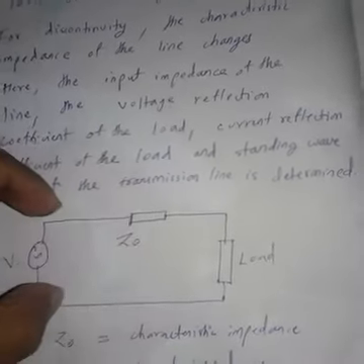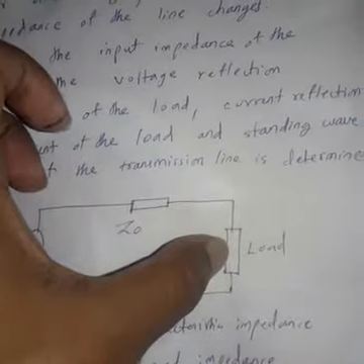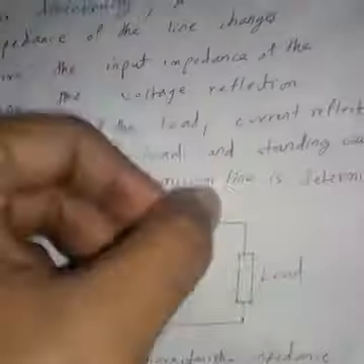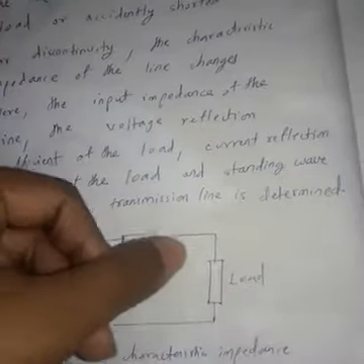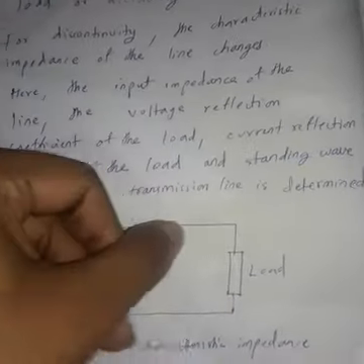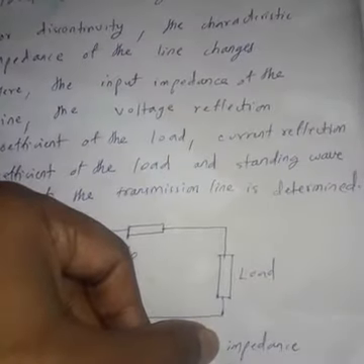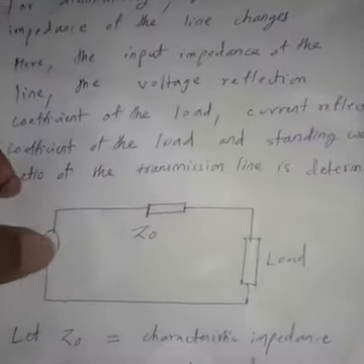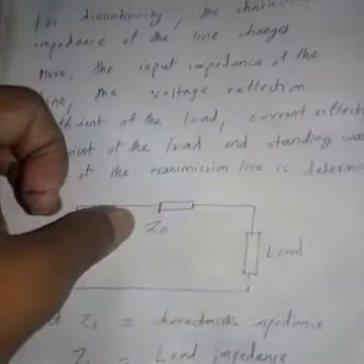Always remember that this may look like it is in series, but it is not in series. We are considering the entire transmission line going like this, and we are showing only a part. The part is terminated by this load. That does not mean that this is in series. For simplicity, I have shown it to help you understand that this is terminated by a load. Clear? Looking from the input side, whatever the total impedance is, it is called the input impedance.